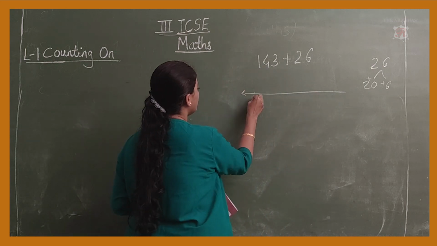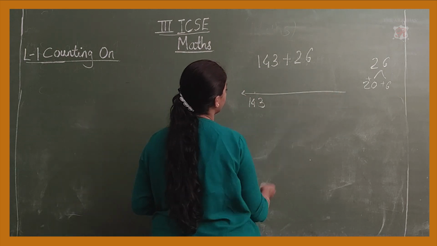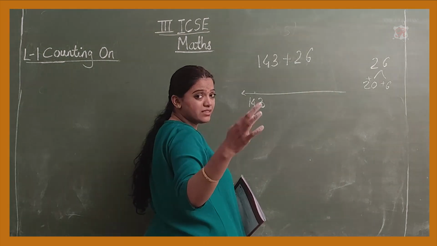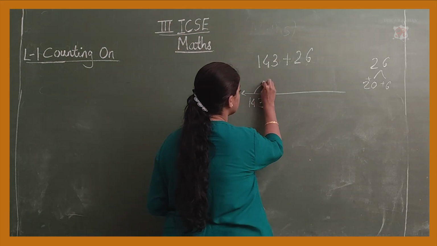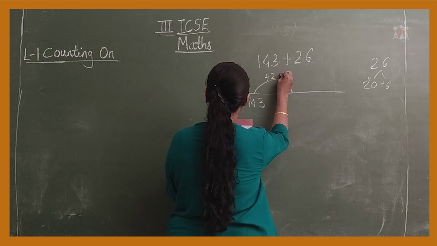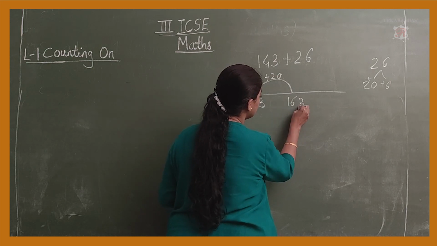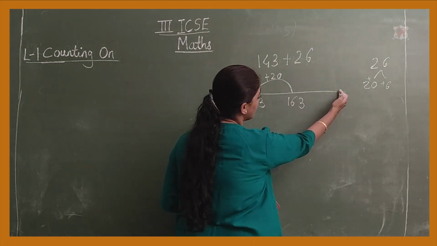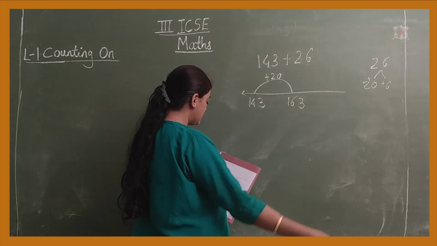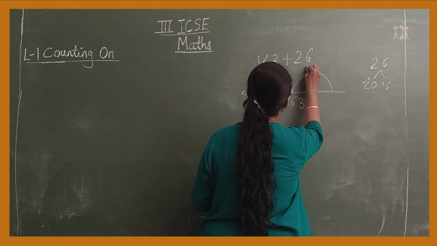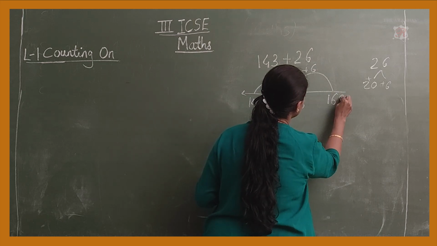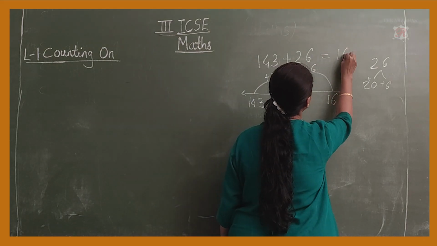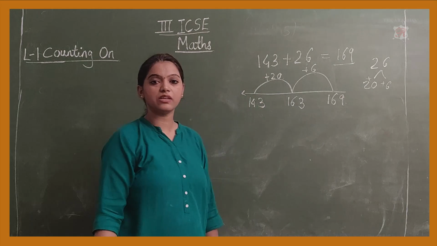143, your open number line. So how many jumps you have to take from 143? 20 jumps. That is 10 plus 10. Now we will go directly on the bigger number. 143 plus 20 becomes your 163. Okay, now what is left next is your 6. Either you can take a full jump of 6 or you can split it into 3 plus 3. So direct 6 jump is your number 169. Okay. So 143 plus 26, 169 is what you get as your answer.